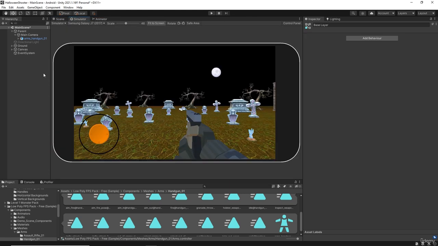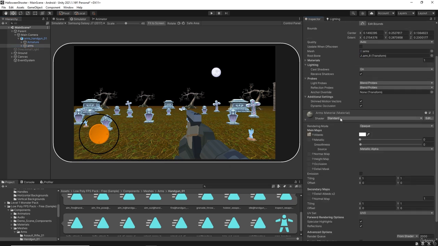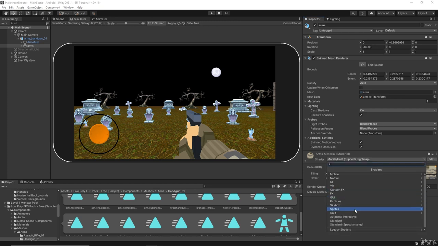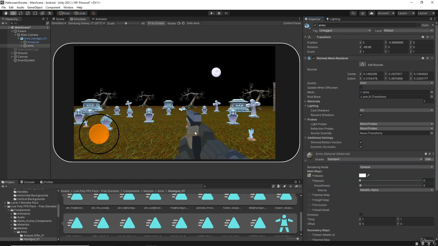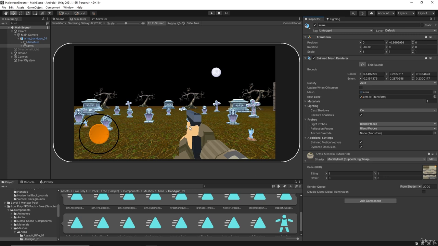Now at the moment the arms look pretty weird because of the material. If we check the material, I believe it's on arms, it's using a standard shader, and that's why it looks kind of crazy. So what I want to do is go over to mobile and choose unlit. Instantly it matches this scene a lot better. If I go back to standard, you can see all the variations of light on the arms. If we choose mobile unlit, you lose a lot of that,